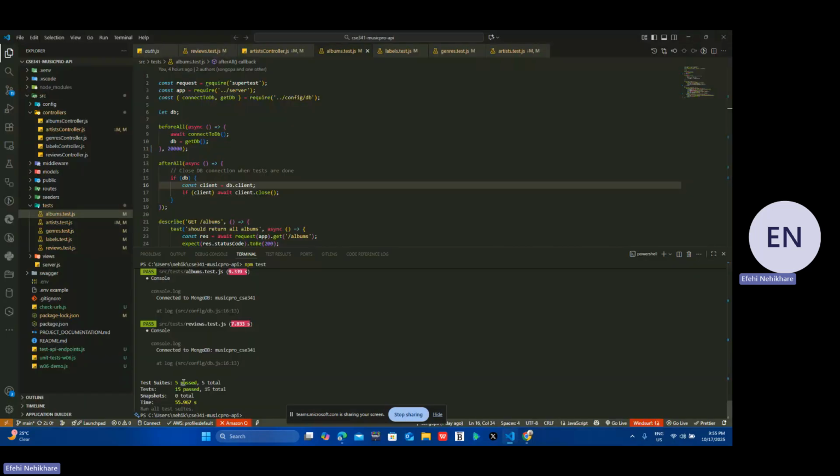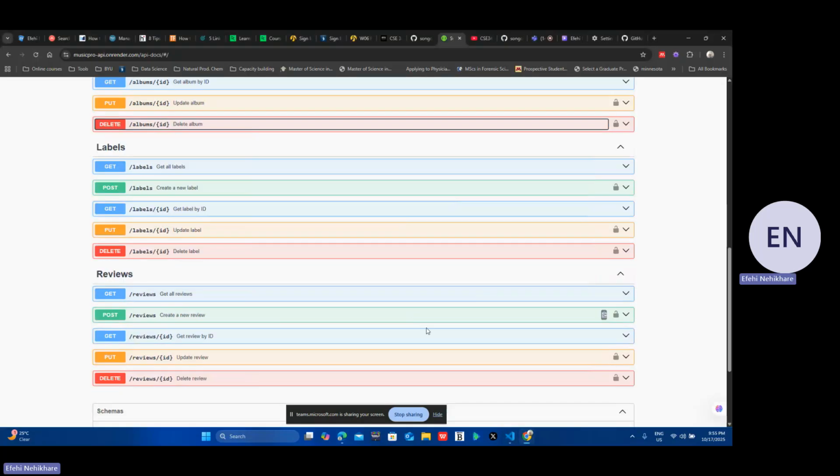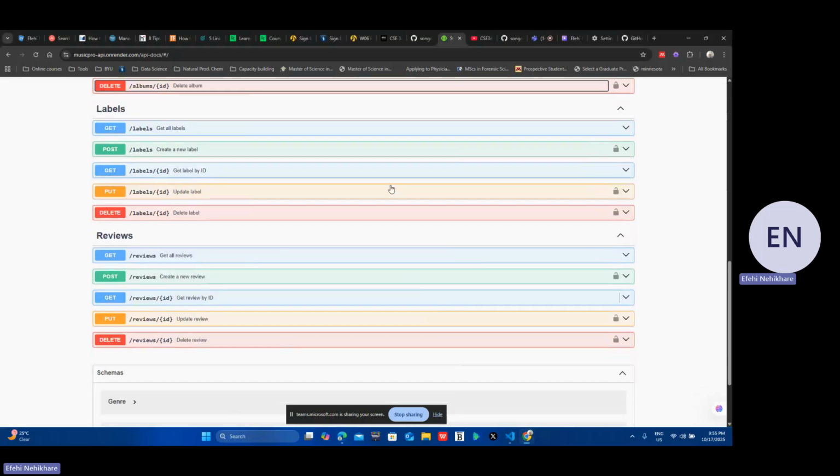Yes. So as you can see, the five tests all pass, the GET and the GET all root test. So that was successful. So that's that for